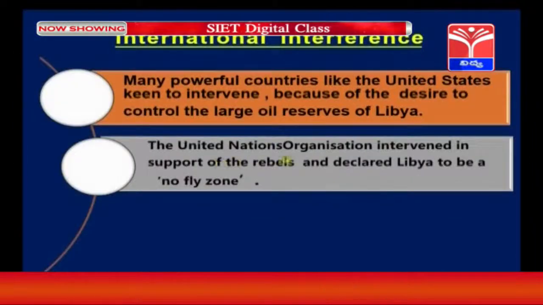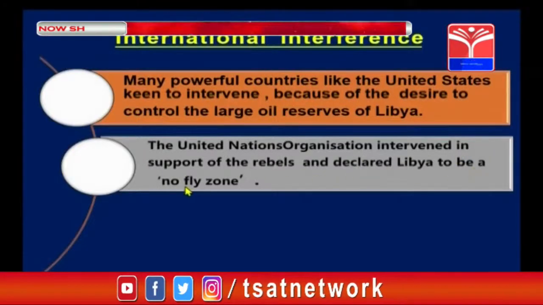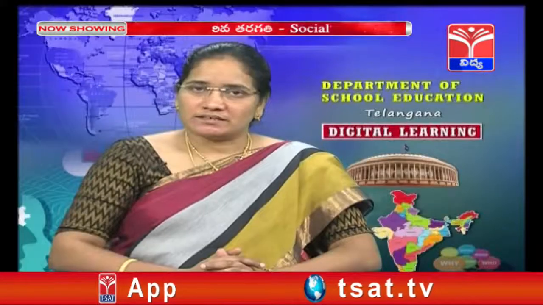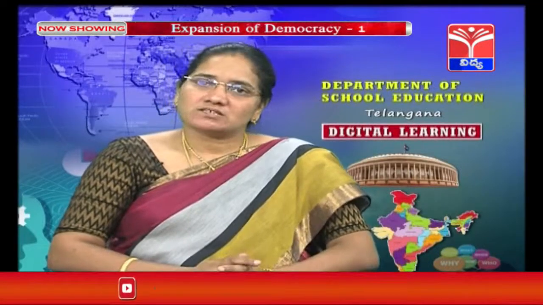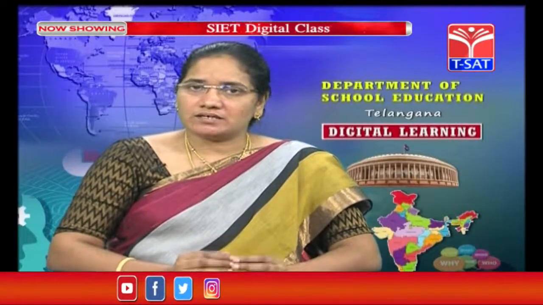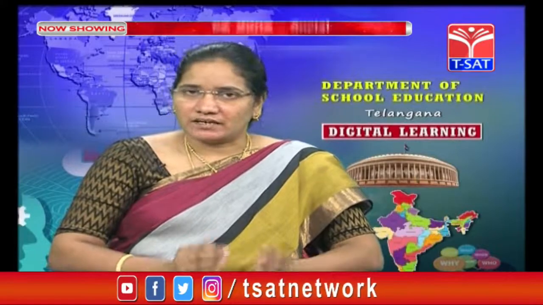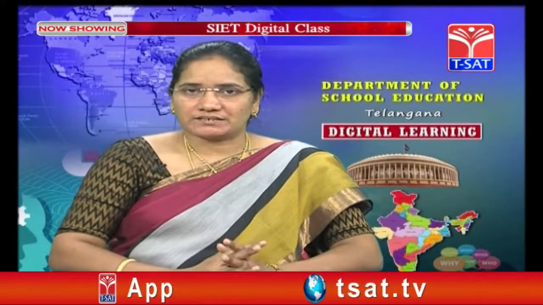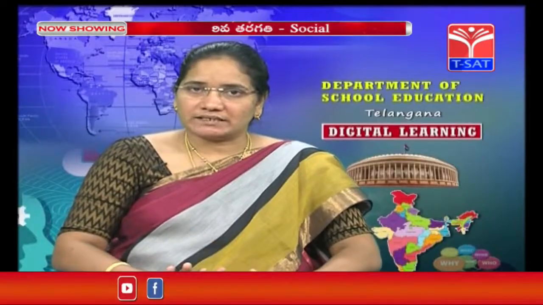Then the United Nations organization intervened in support of the rebels and declared Libya to be a no-fly zone. Children, what is the United Nations organization? It is an organization which was formed after the Second World War. The United Nations' main aim is to gain peace by discussions in any country or between one country and another. If there are quarrels between countries, the United Nations will interfere and try to settle the disputes